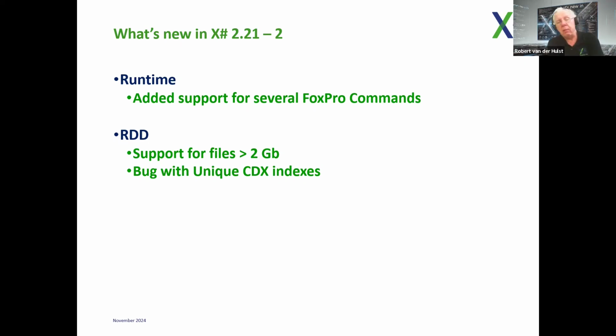In the RDD area, we made two, I would say, relatively big changes. The first one is that we now support DBF files larger than 2 GB. Internally, there was a problem with files, and I know that, for example, VO supports that, so we now also allow files larger than 2 GB. Actually, there's no built-in limit in the DBFs now for the size. Well, it's 2 to the power of 64. That's the size. But in reality, of course, you have to deal with the record size and the maximum